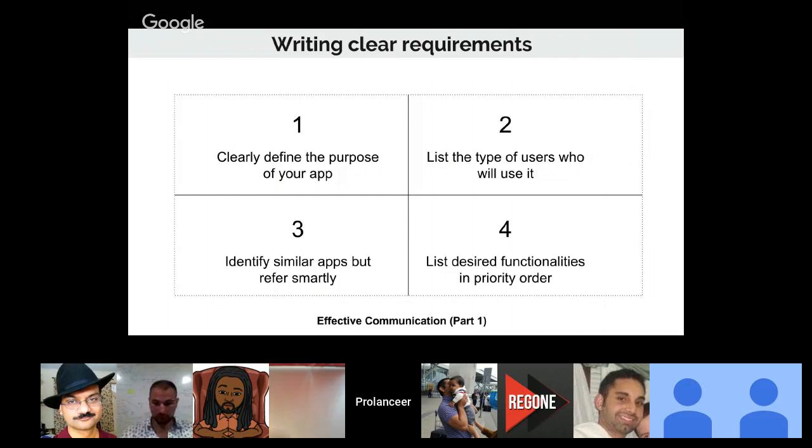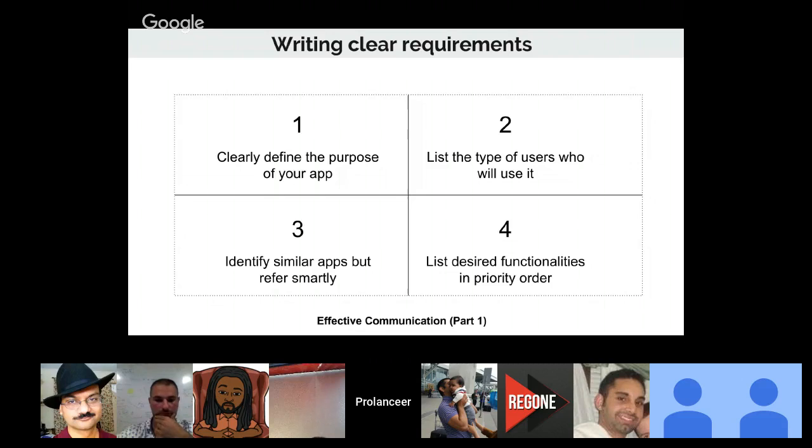And third is you can identify similar apps to refer features from it smartly. Like there would be some competitors in the market already who would have spent a lot of time and energies on coming up with right set of ideas and right set of functionalities. So be smart about that. Copy from them, refer to them, but refer smartly and identify those similar apps in the market. Do a thorough research on what are the apps which are exactly doing or doing similar things with what you want to do, right? So if you are building, let's say, Uber for Indonesia, then you can refer to Uber